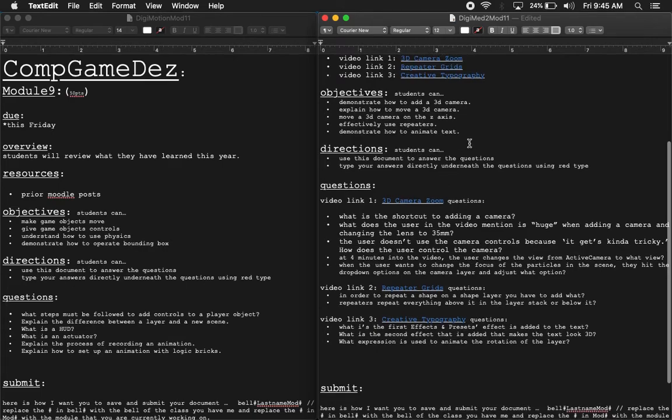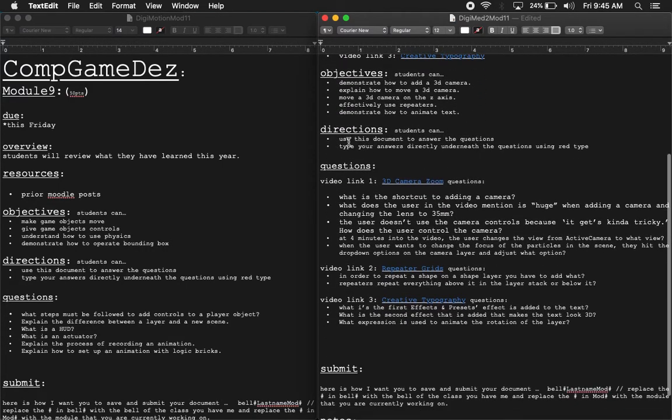And then the directions. When you move on down to the directions, let's see what I have. Use this document to answer the questions. Very basic directions, because it's very simple to figure out what to do. Type your answers directly underneath the questions using red type, and then I would add in this document. Okay, and then the questions